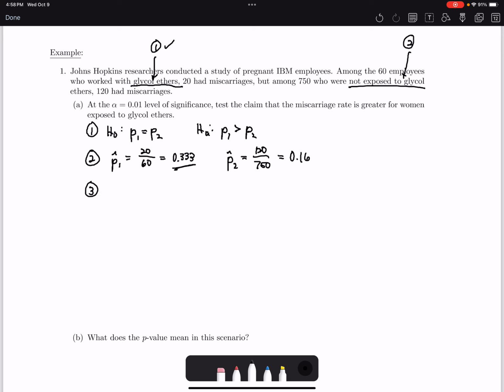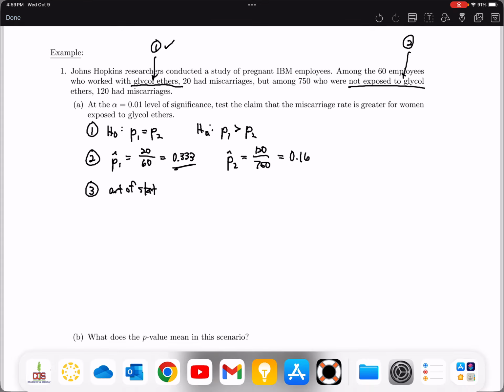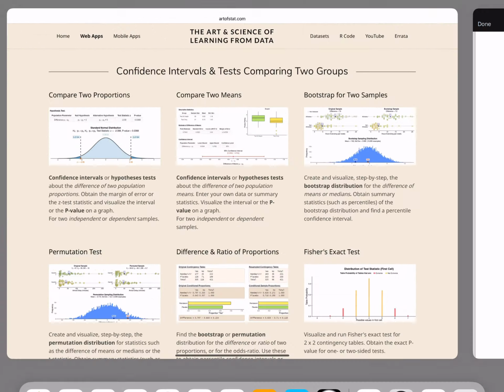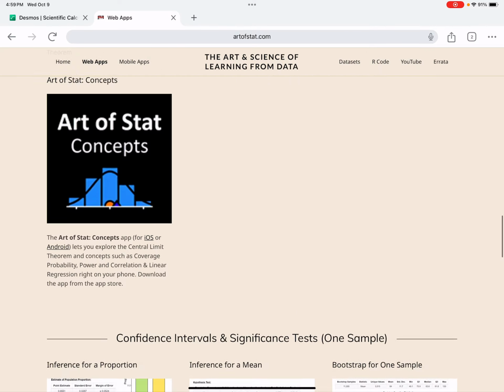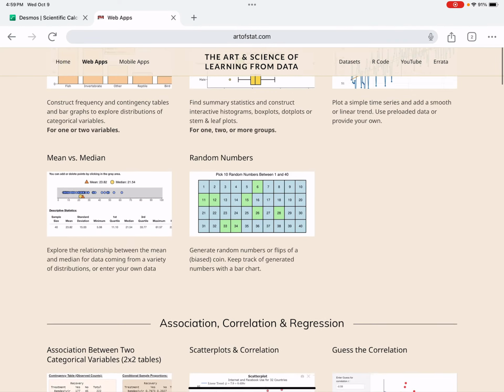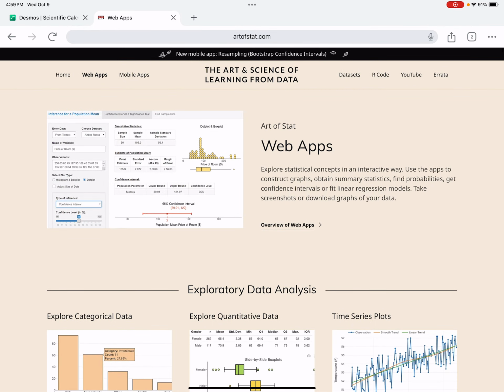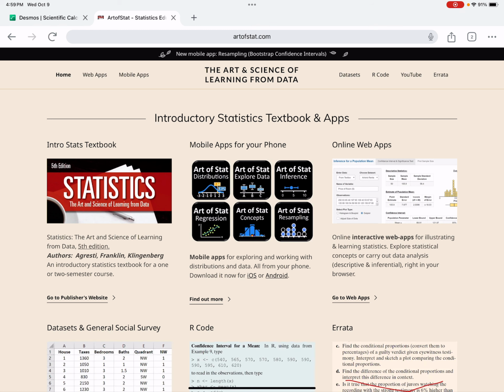That's step 3. To compute the p-value, I'm going to go to Art of Stat. So let's head over to Art of Stat so that we know what kinds of things we're prompted for, and what kind of work we need to show. Let's head over to artofstat.com, and I've already got it open in my browser. When you go there, it'll open up to this homepage. But if you click on web apps at the top of your screen,